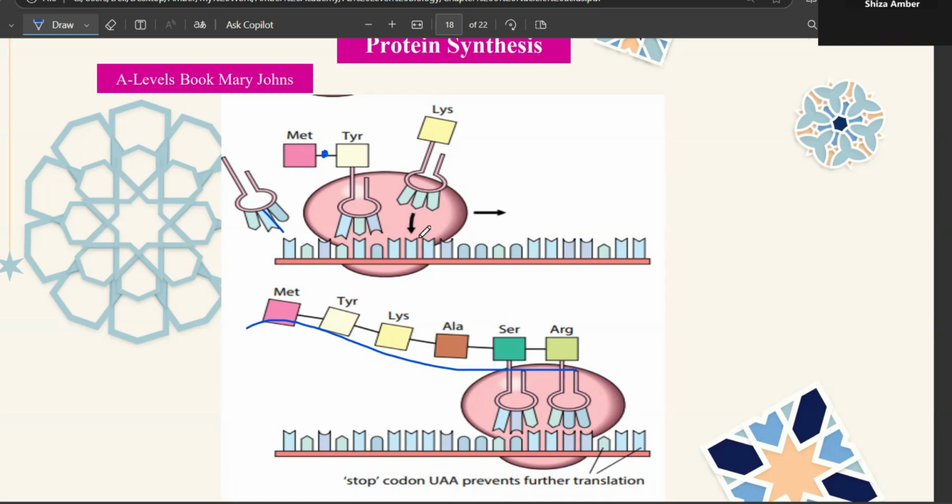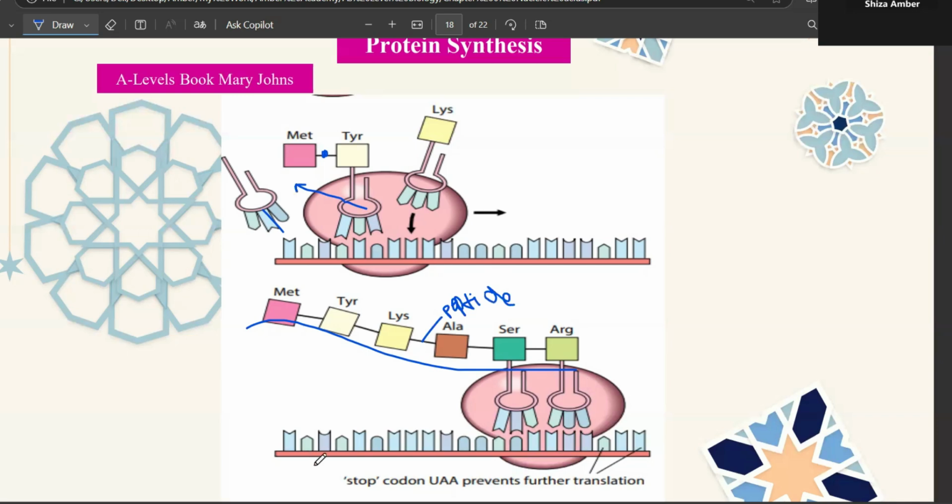अब जैसे ही यानी अब this comes and attached, फिर अगला जब आएगा अगला three bases are going to be exposed, then this tRNA will also leave, but amino acids will combine with another through the peptide bond. ठीक है, and this is how your polypeptides are made with the help of mRNA, tRNA, and rRNA. And then lastly, your stop codon comes.